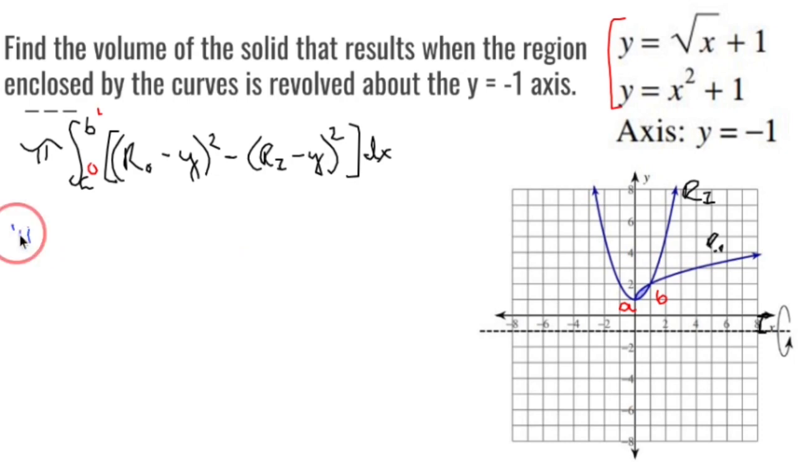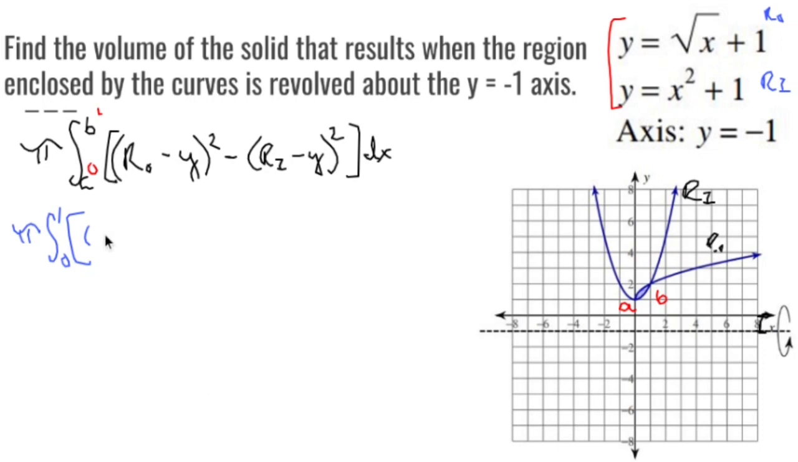Pi, integral, upper limit, lower limit, bracket, r sub o. I called the square root, so I'll call you r sub o, I'll call you r sub i. So this is going to become r sub o, which I don't know why I did that. R sub o